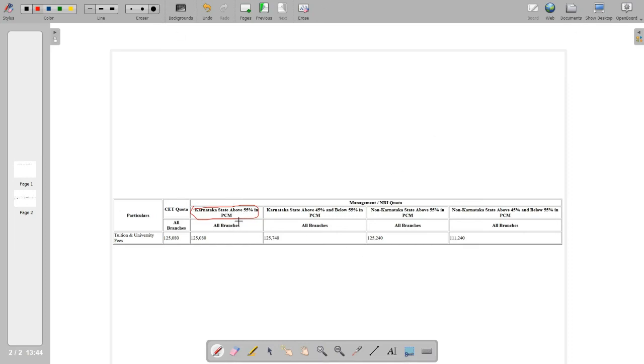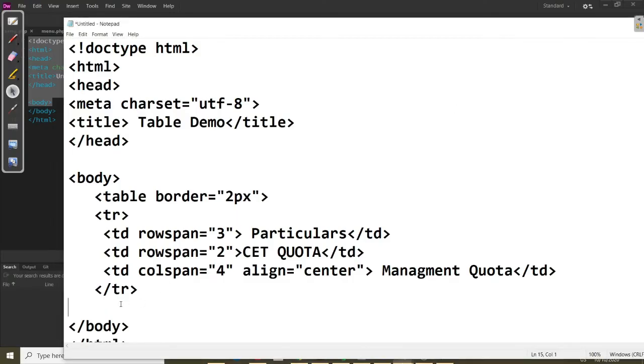But in that case, in the second row how many td can we write? Only 4, because one is merged here, one already merged here, and one already merged in the particulars. 2 done out of the 6, so only 4 we can write. Clear? So in that case the second tr, again start the td.